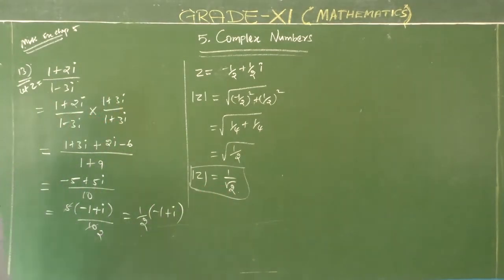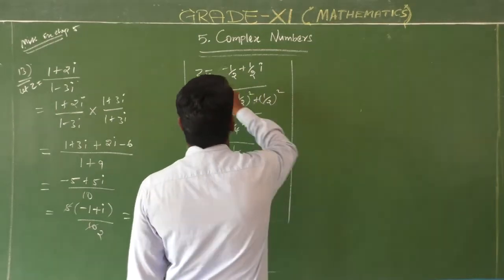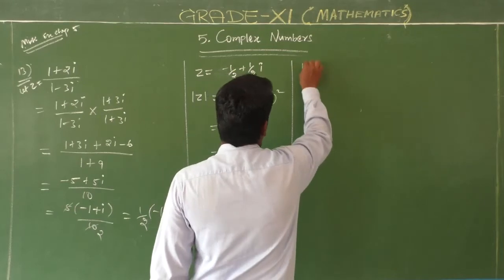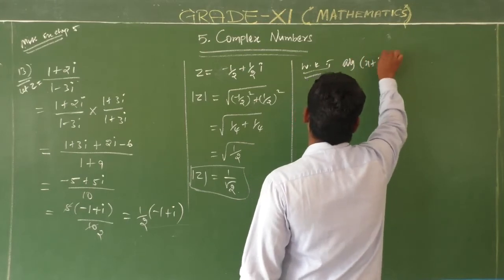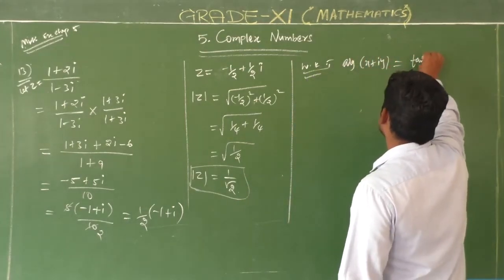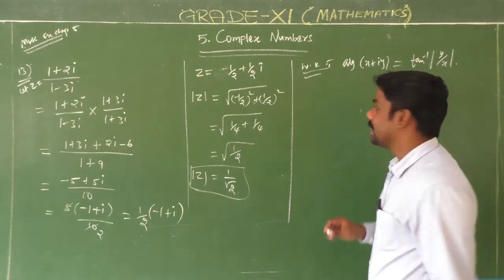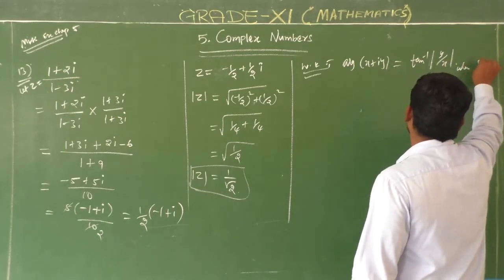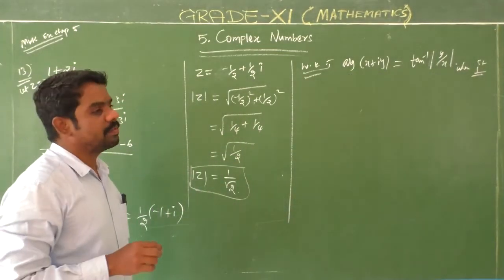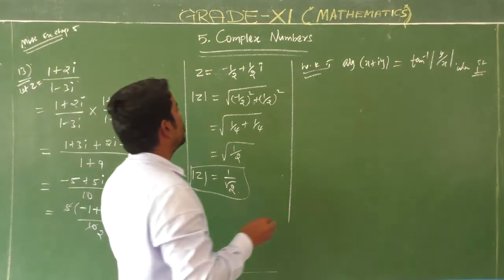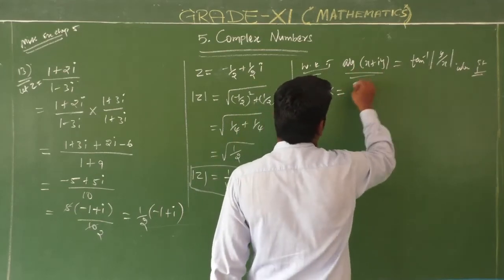Next, the argument of the given complex number. We know that the argument of x plus iy is equal to tan inverse of modulus y by x, for the first quadrant. Here, z is equal to minus 1 by 2 plus 1 by 2 i. First of all, let alpha be equal to tan inverse